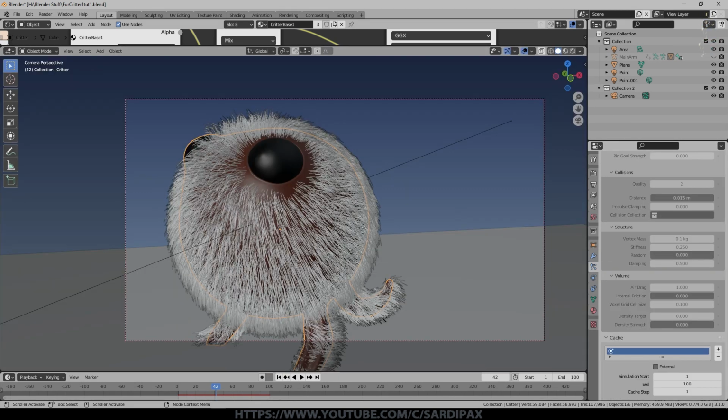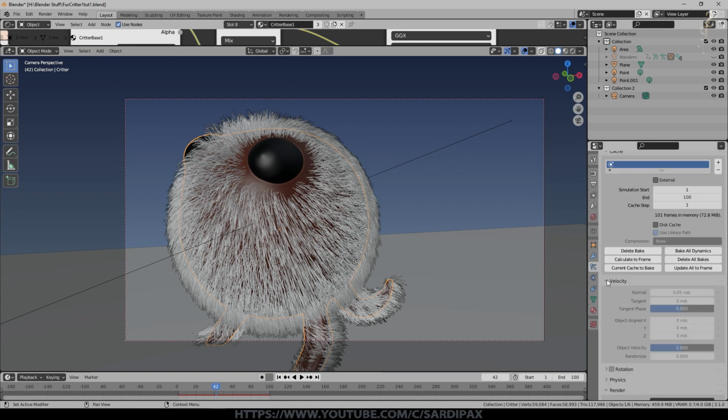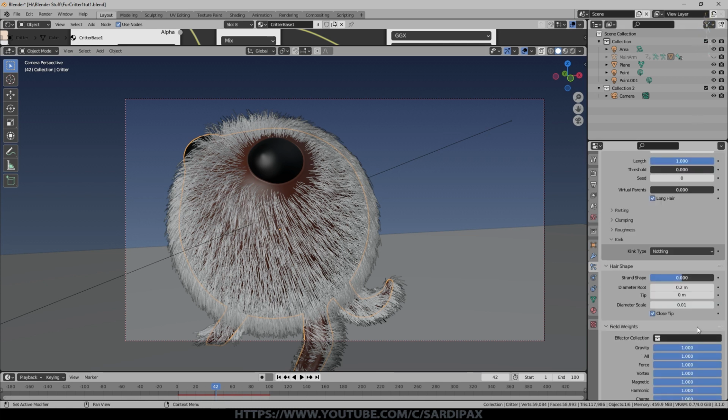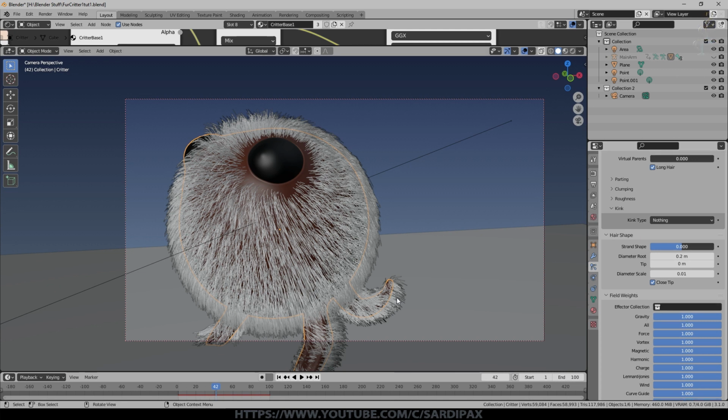You can see there are other options to play with here. You can affect air drag, so that's how much the hair will stay in place as the source object moves around, and you can affect that here. Velocity will actually affect the size of the hair as well, and you can also give it an offset, so it will tend to shoot out in a particular direction. Then under field weights, you can determine how the different fields affect it, such as gravity. So you might want the hair just to float around without being affected by gravity, and you can turn that down to 0. Or you may have some wind forces.